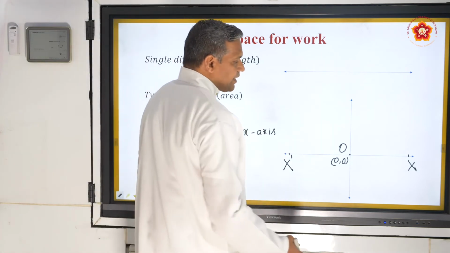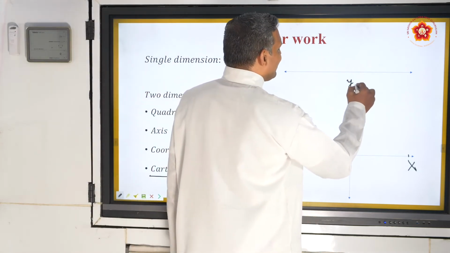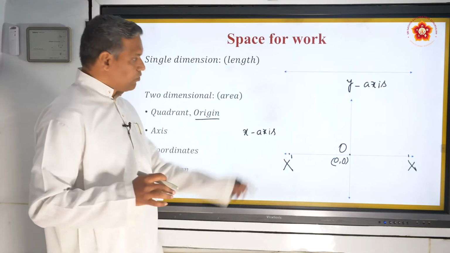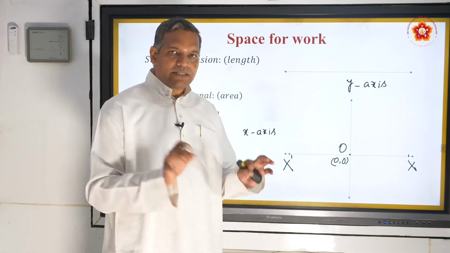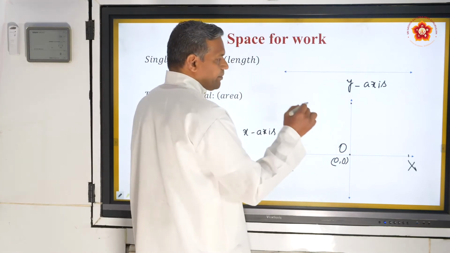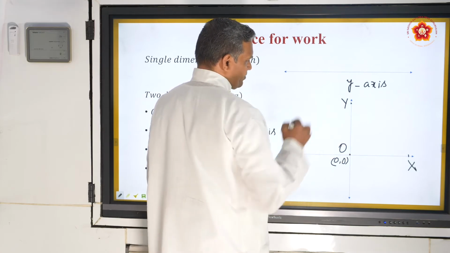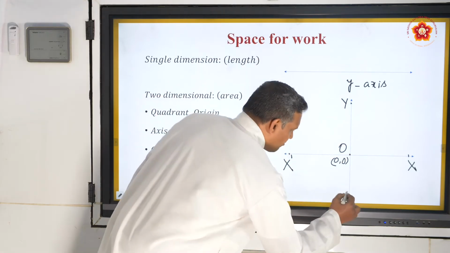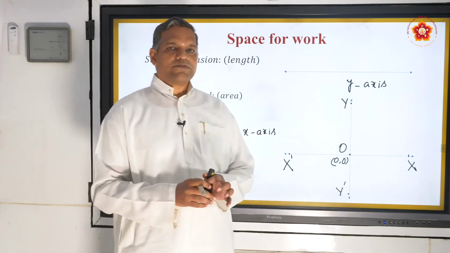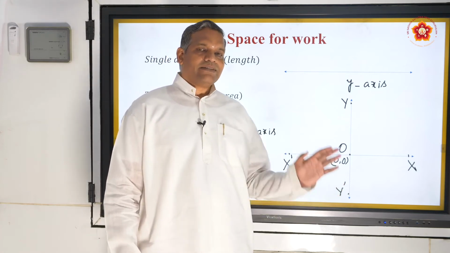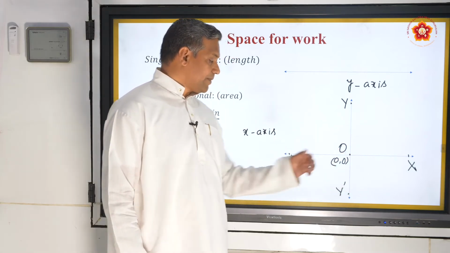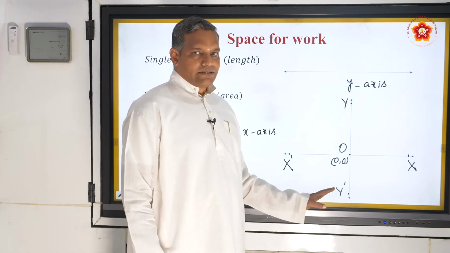The moment you go to the vertical axis, what should you call it? Of course, it is the y axis. Small y axis I have written. This whole line I am representing. I am speaking about the whole line, not any point on it. The moment I am asked to find a point on it, here I keep a point and I call it capital Y. So that point's name is Y. When I come down to this particular point, the point's name is Y dash. Remember, most of the time, even the students of 10th and pre-university sometimes make mistakes in these basics. Be very clear of these basics. Capital X dash, capital Y dash. This is how you go.